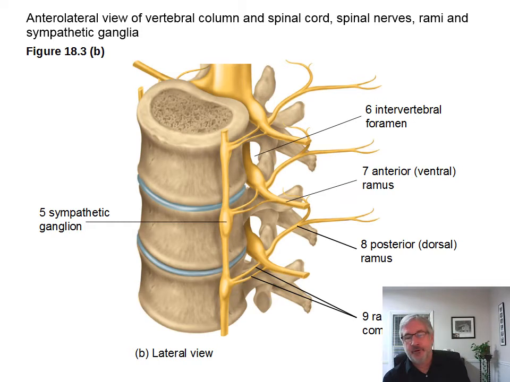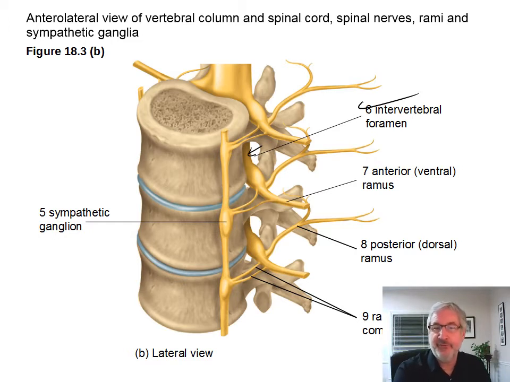Here's what's called an anterolateral view of the vertebral column and the spinal cord. So you can see, here's our intervertebral foramen. You see the spinal nerve right there coming out, and the dorsal and ventral roots of the spinal nerve have joined to make the spinal nerve, and you have the dorsal root ganglion on the posterior side here. Then you have the dorsal ramus, the ventral ramus,